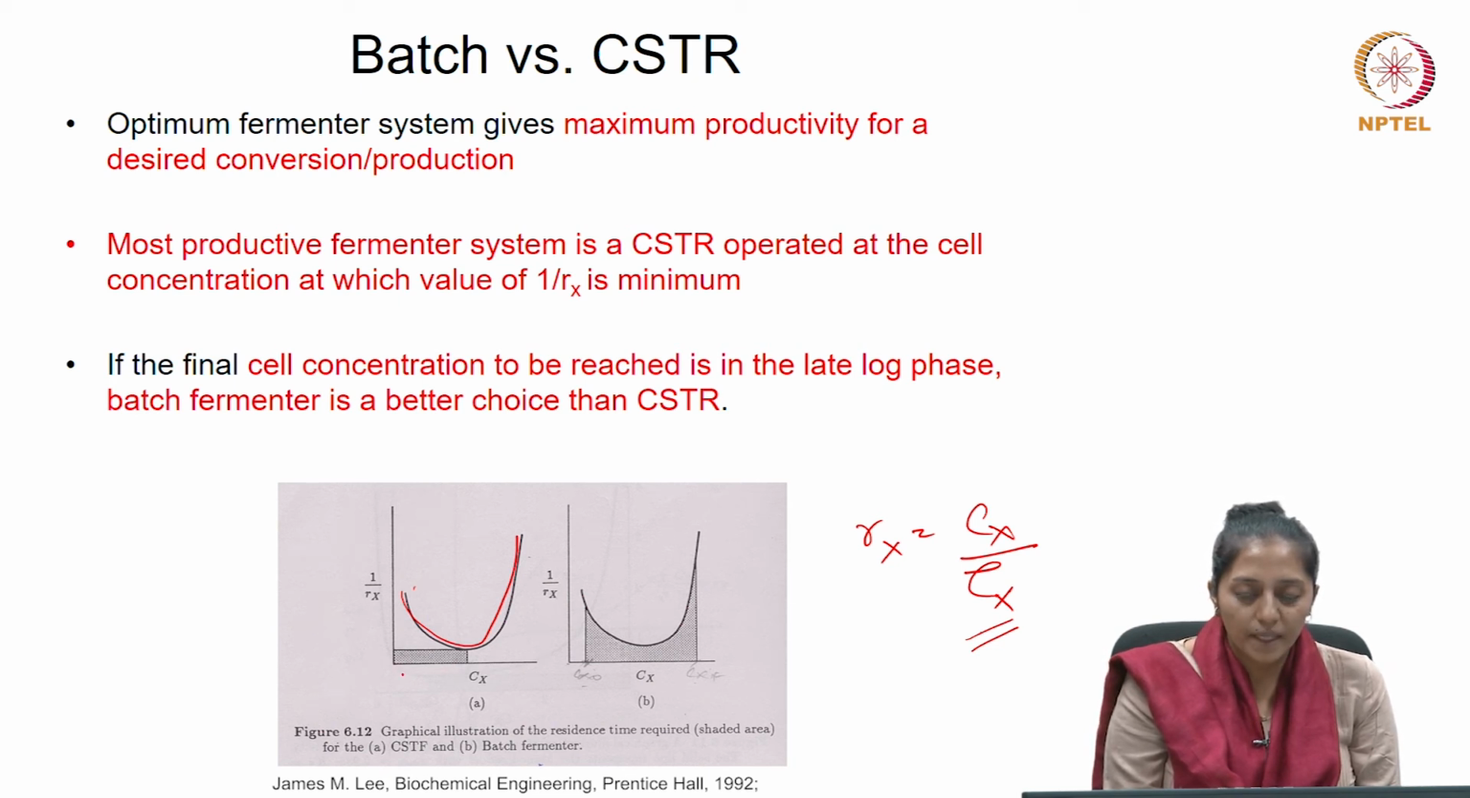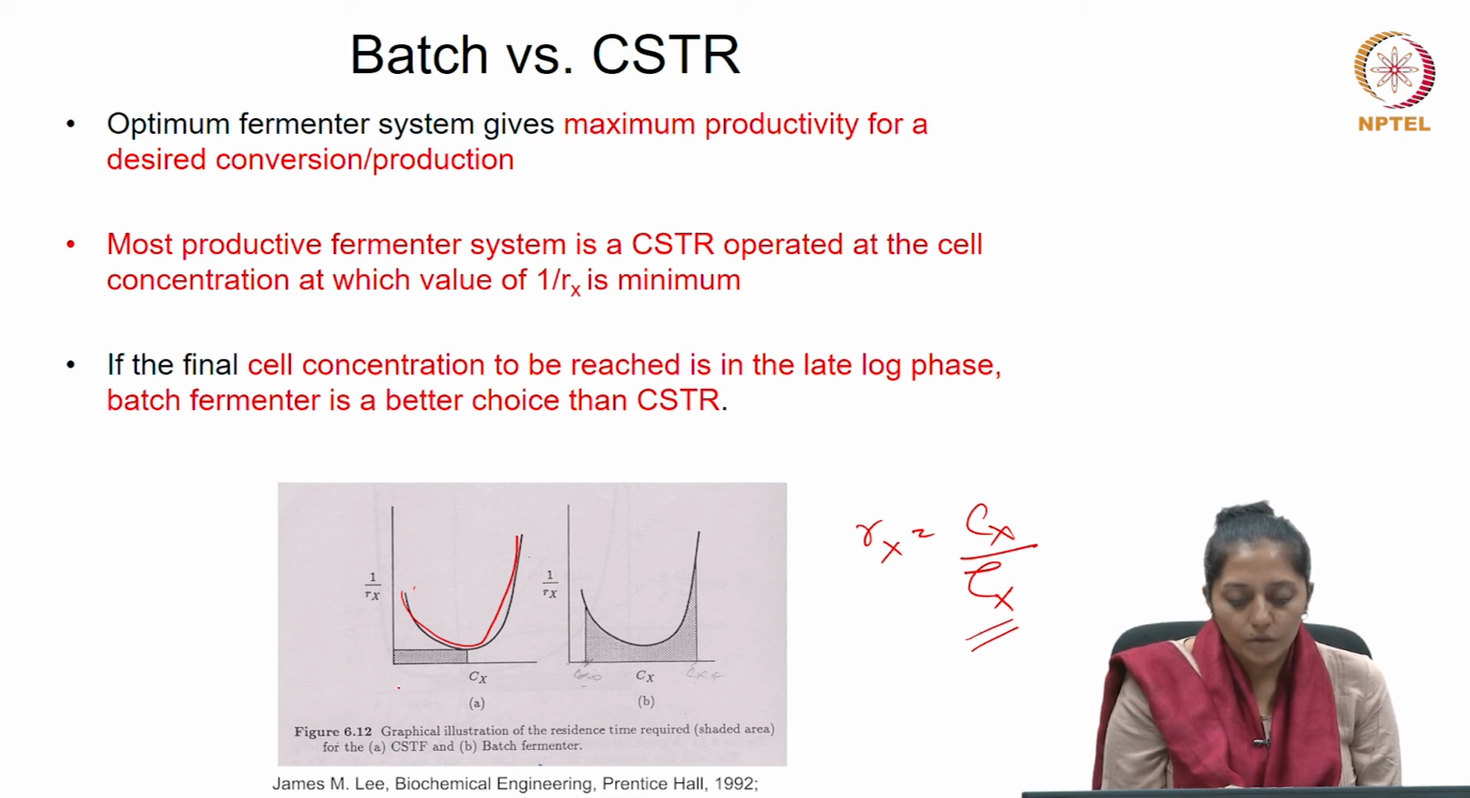When the Cx is very less, it is because the growth rate is very less. So, as the growth rate improves, the 1 by Rx value is coming down and your Cx will keep on improving, till all the substrate is consumed, and then the growth rate sharply goes to infinity, as shown here, so that 1 by Rx goes to a very low value, nearly 0, and that is your maximum biomass which can be achieved